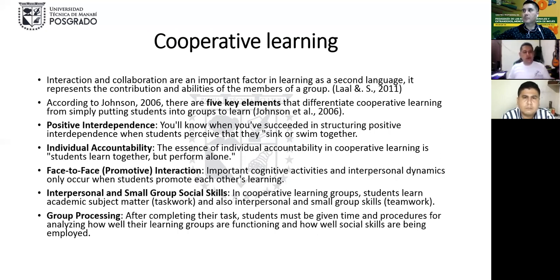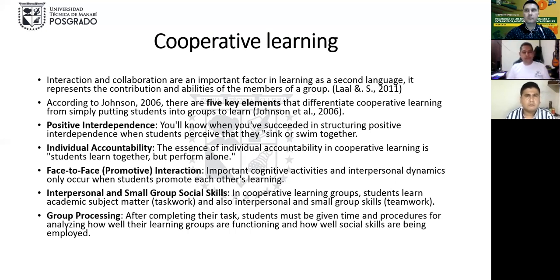The interaction and collaboration are an important factor in learning a second language. It represents the contribution and abilities of the members of a group, according to Lau in 2011. This interaction and collaboration help the group, or help as a group, in the education of some students.